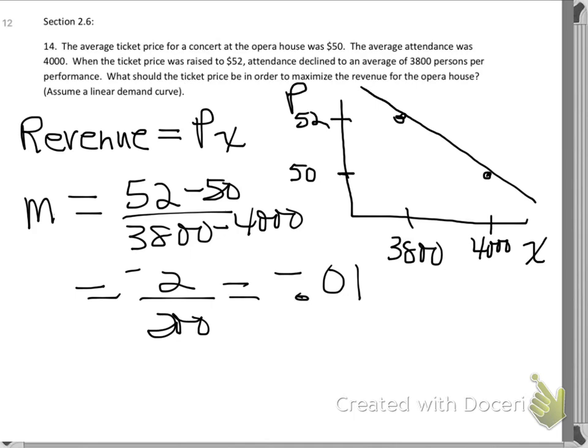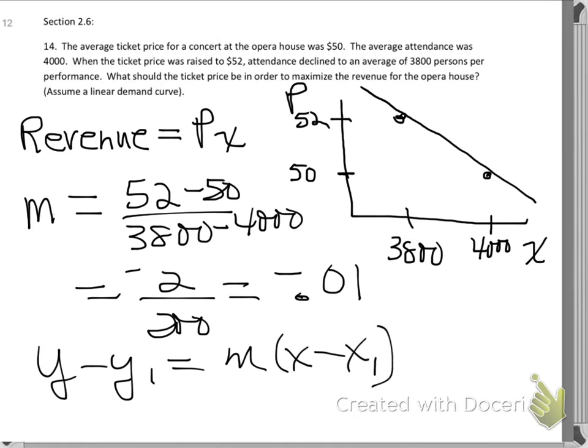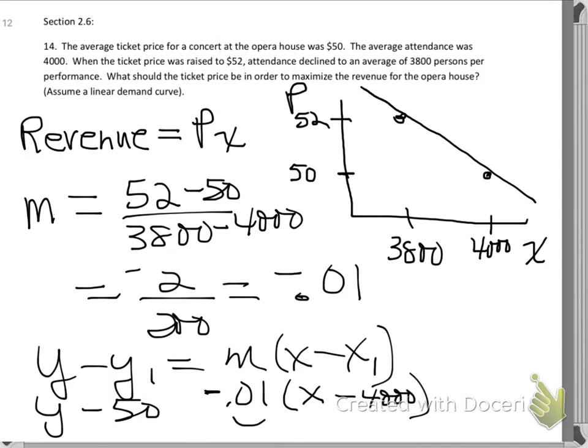Okay, so can I get an equation for that line? Well, let's think about this for a second. If I was going to put it in point-slope form, what would I do? I would just say, okay, let's do that. I have this is negative 0.01. Let's work with some nice numbers. Why don't I say my y is 50? I'm just picking a point, and my x is 4,000. So x minus 4,000. If I distribute that here,